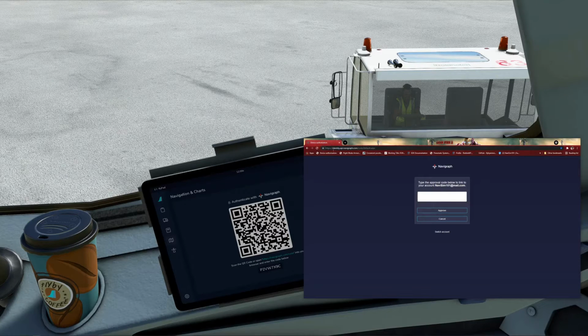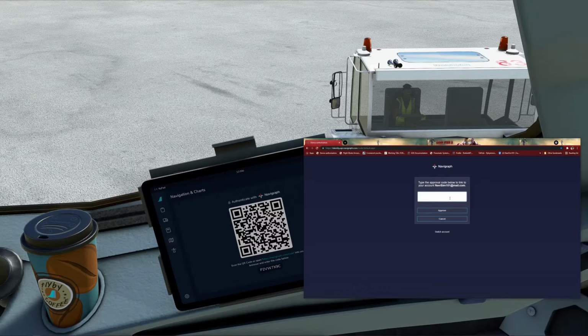What I've done is put the authorization page on as a quick link tab here. So all I've got to do is go straight there, and I'm already signed in, and just put the code in.